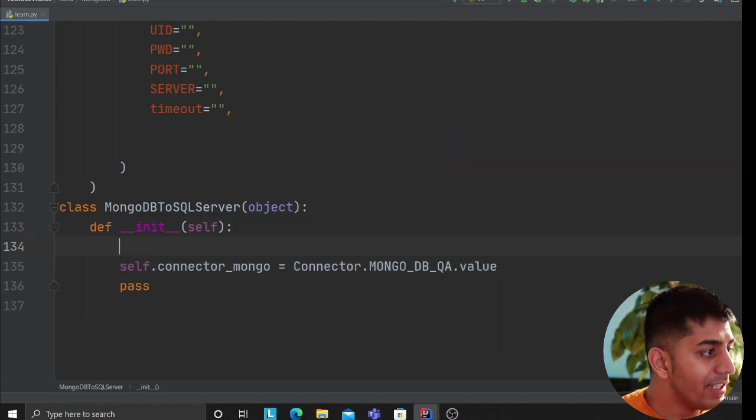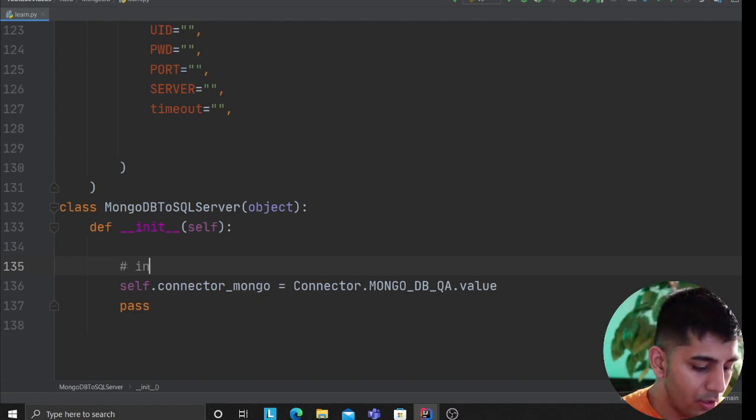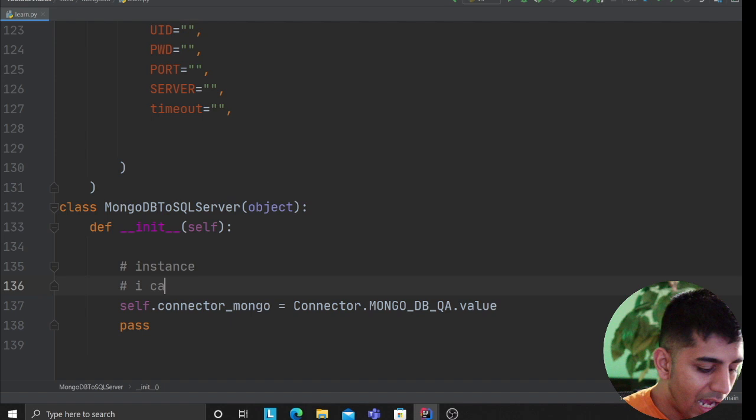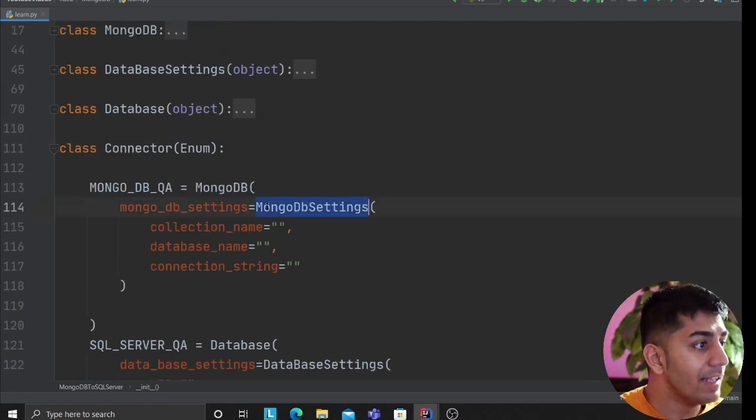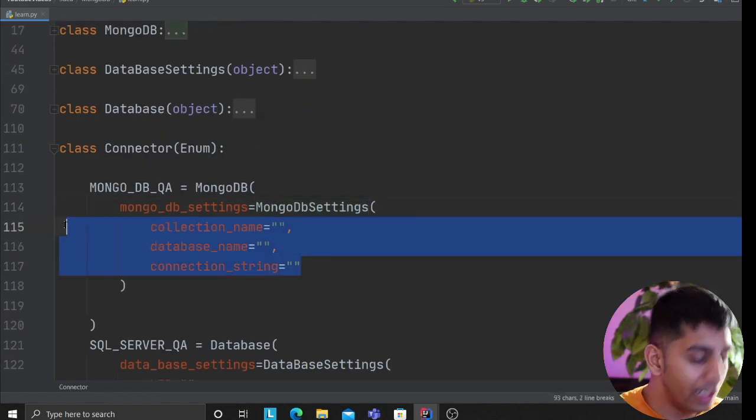So remember this is the instance of the class, which means I can access all the attributes in the MongoDB class. Remember, it's an instance of a class. It's an instance. Remember, I'm saying it again, right?